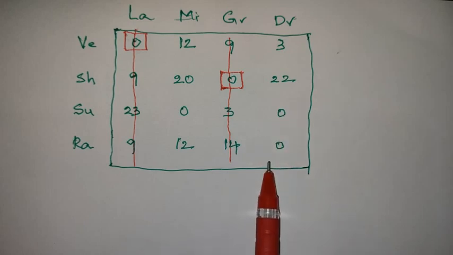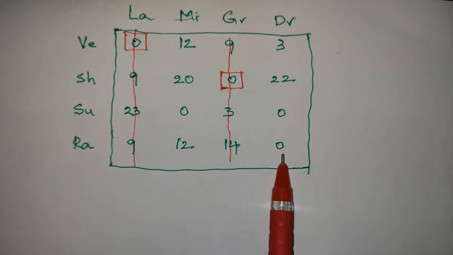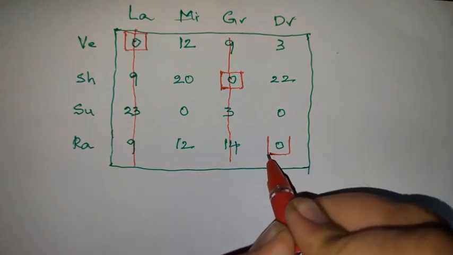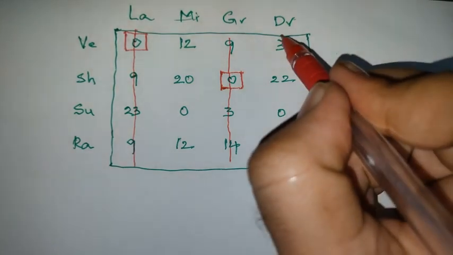So I am going to the fourth row. Next, in the fourth row, how many zeros are there? A single 0 is there. Now surround the 0 with a box as it is present in the fourth column. So strike off that column.